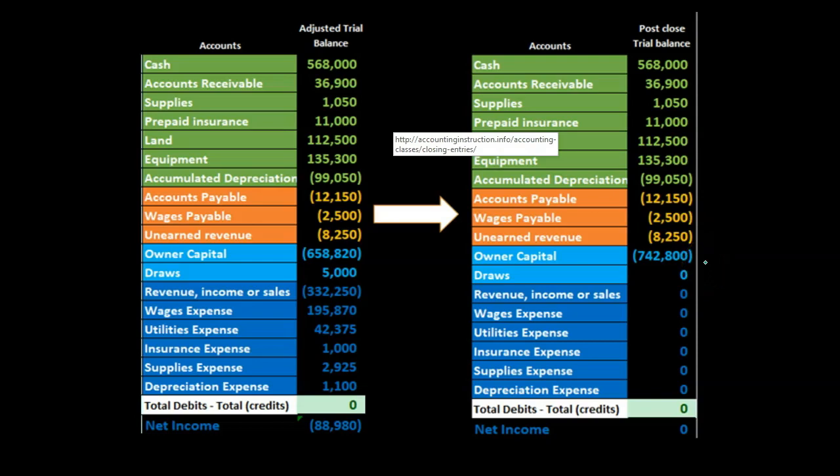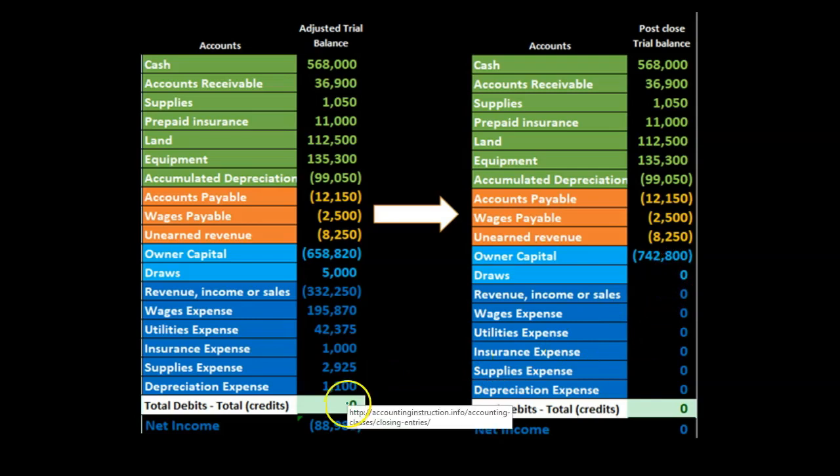In our case, we have a sole proprietor, therefore we're talking owner's equity, and we see that it's gone from 658,820 to 742,800, and it's in essence been increased by all of this information, all the temporary accounts below that owner capital account. So our goal is to make all these accounts go to zero, to reset them so that they can start from zero and count up in the next time period